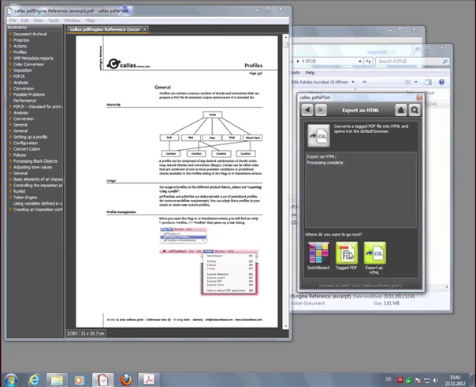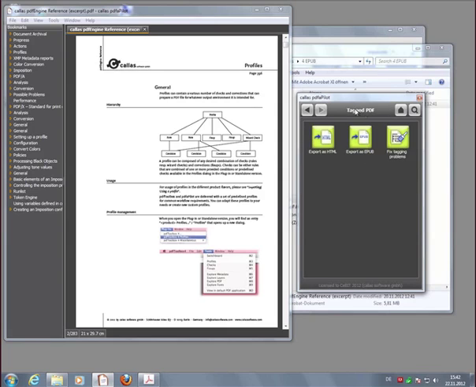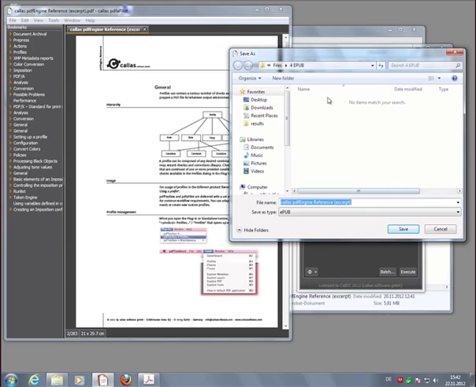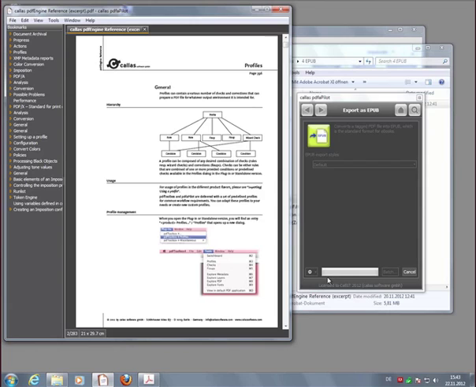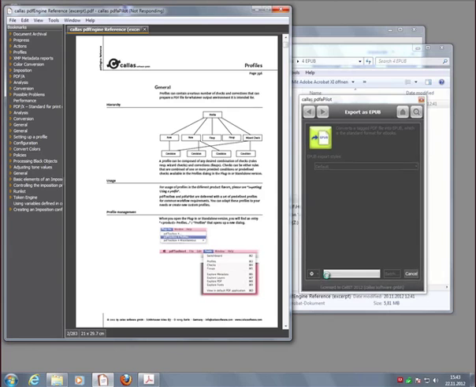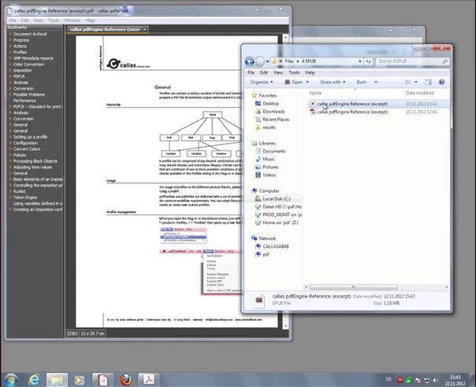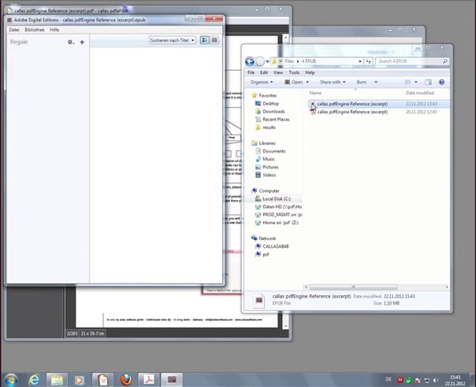So within the tag PDF section, I have the export as EPUB here, and I can export the PDF file into an EPUB file, and I'm just doing that. And it saves the file now as an EPUB file. I have saved it into the same folder here. It's here. And if I now double click on this